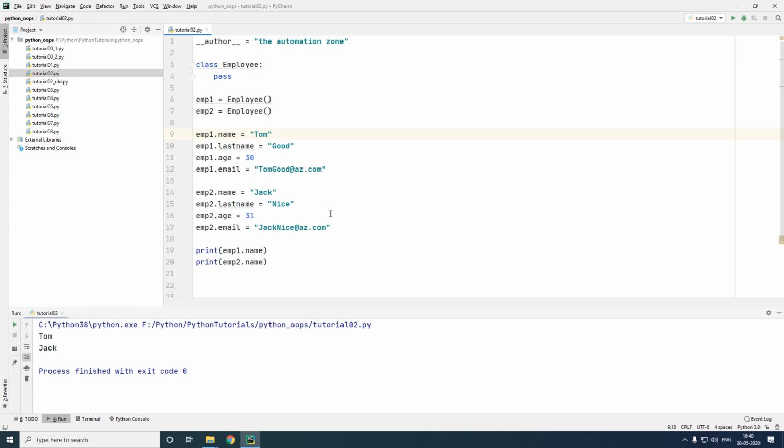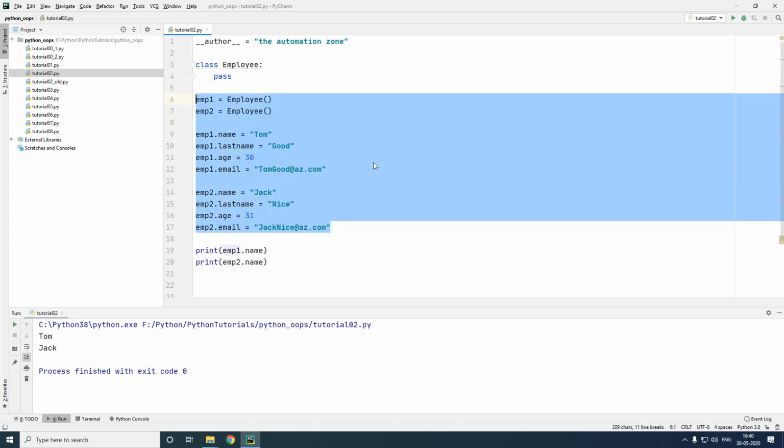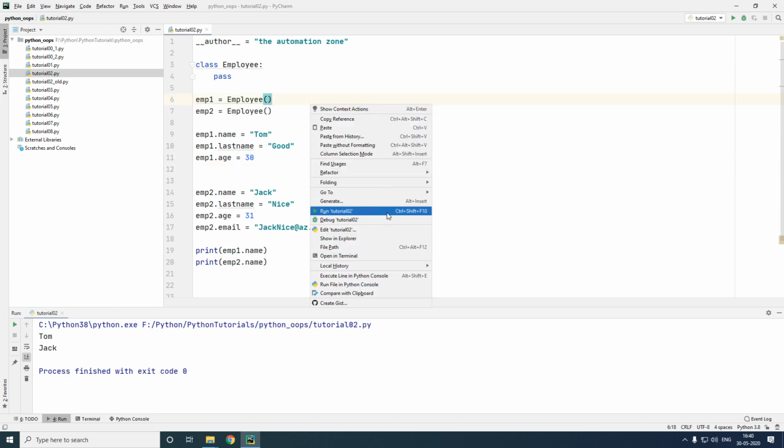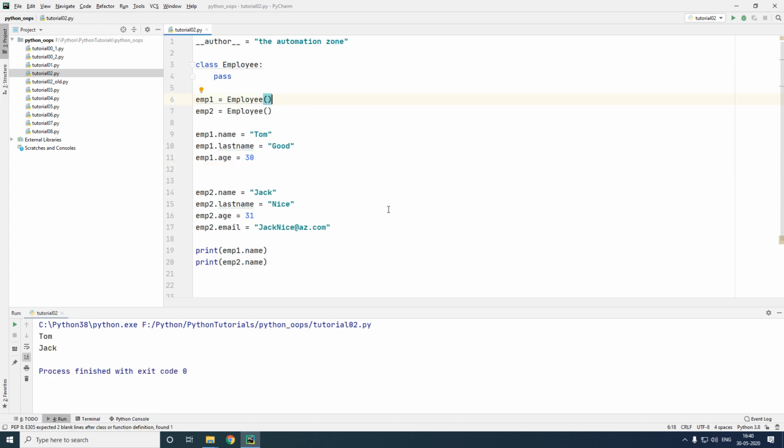Flaw number 1 is, to create two objects I had to write 10 lines of code. This will become way complicated in case you had to create many objects. It is going to be very confusing. Secondly, what if these 4 parameters were mandatory and one of the coders would forget to add one parameter? The code here would still work. However, it might throw an error later on during the development. So these are your two flaws.